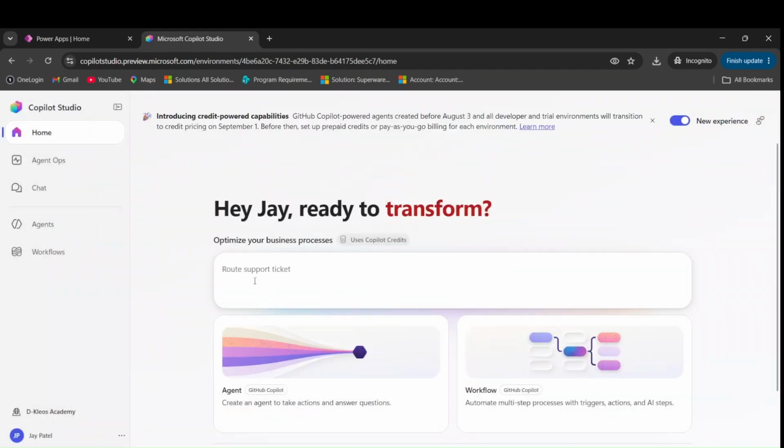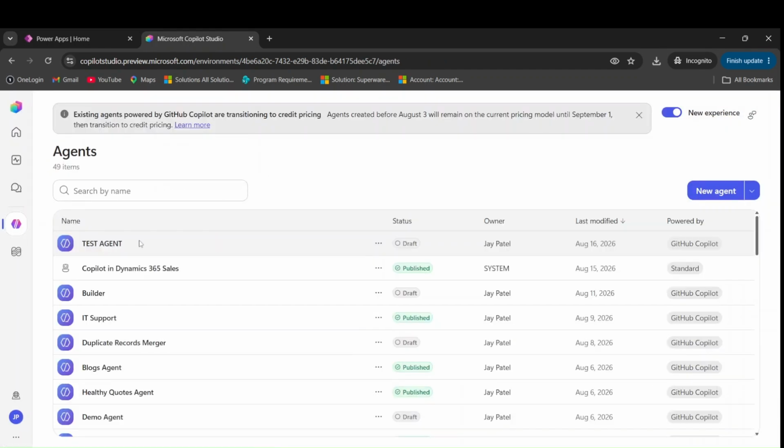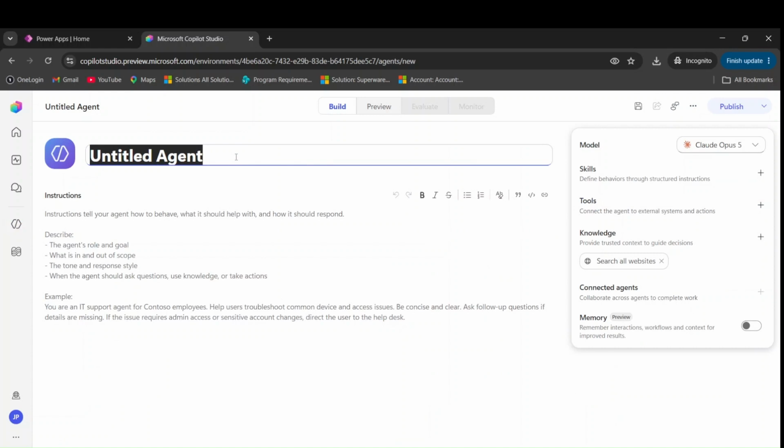I'm just going to click on discard for now, but make sure that if you want it to test again and again, you save your agent. I'm just hoping that this thing is going to work for sure, so that's why I did not save any changes of mine. Now let's click on new agent, and I will give a name to this certificate,